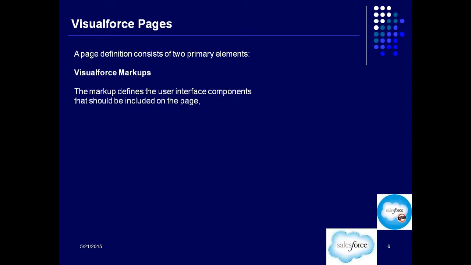So the markup defines the user interface components that should be included on the page, and the way they should appear. So which components are to be included on the page and the way they would appear. Okay, controlling the styling of those components basically. How do they appear? When I'm talking about a table, how many columns that table should have. When I'm talking about a text, whether it should be bold or italic, all this is markup. All right. So that's what a markup is. And as I told you, everything that is visible on the page is markup.